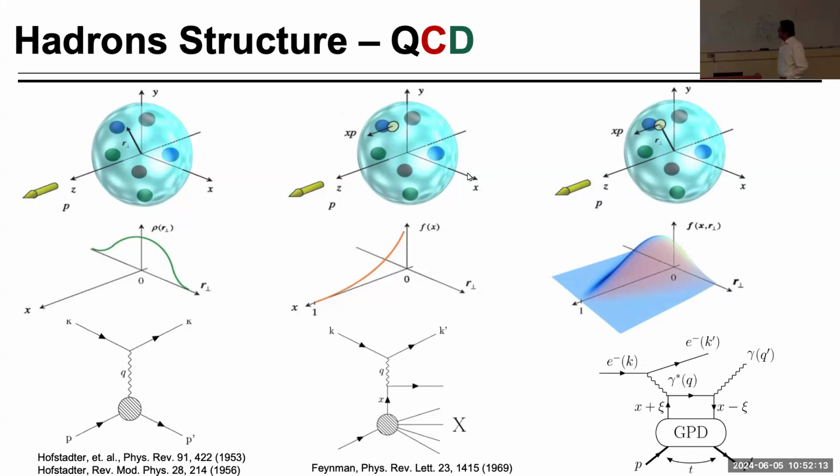Then, of course, I would not really talk much about the generalized parton distribution. In fact, this here is just studying the internal structure of a proton, neutron, or any other hadron as a function of the longitudinal momentum fraction of the partons. Here you study in terms of the q squared, the photon momentum squared exchanged or given to this nucleus, and then you can have a combined analysis, and then you can also study as a function of forward